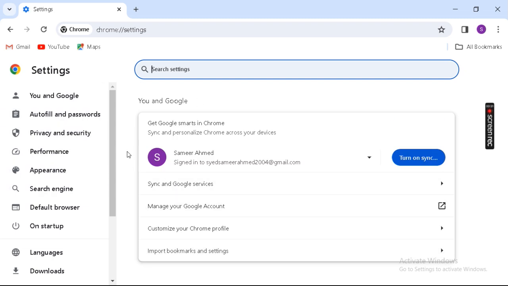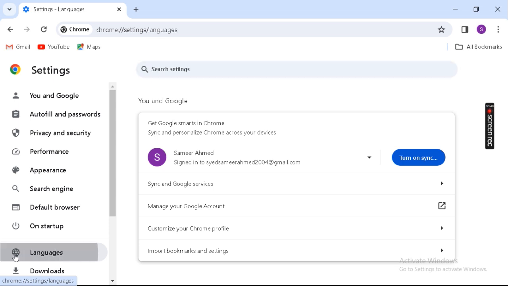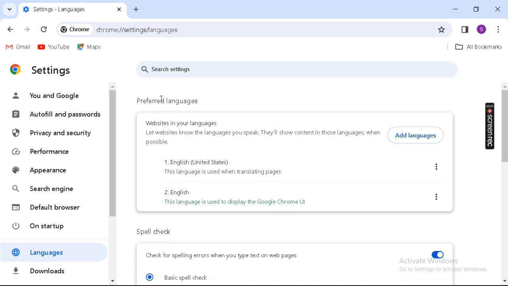When we open these settings, as you know, the other language will be showing here, so you cannot understand which settings you want to go to. So you will determine it by the logos. You have to go to the globe logo. We'll open it. Here your languages portion will open, and now from here you have to add a language,